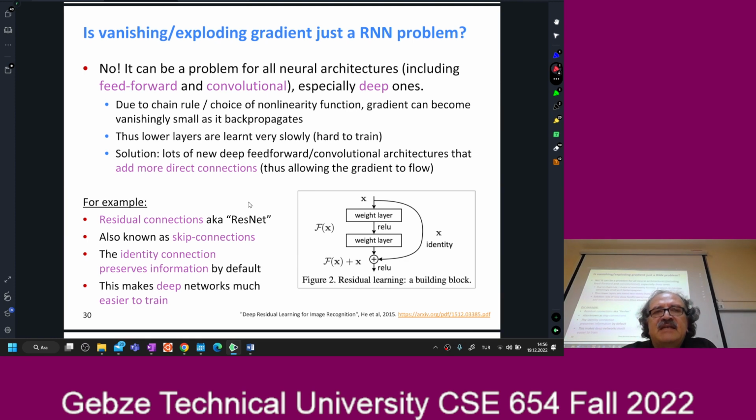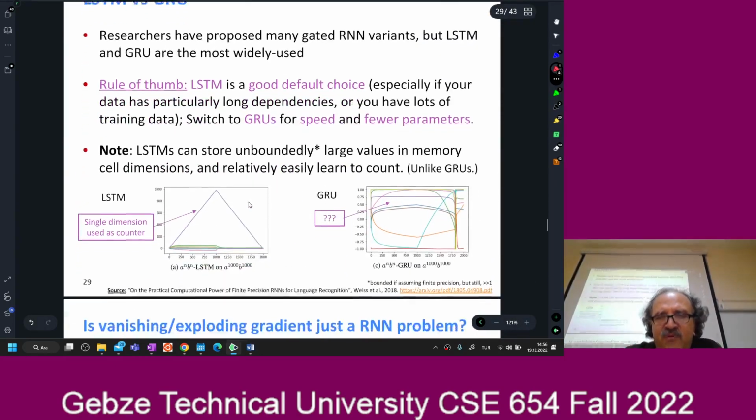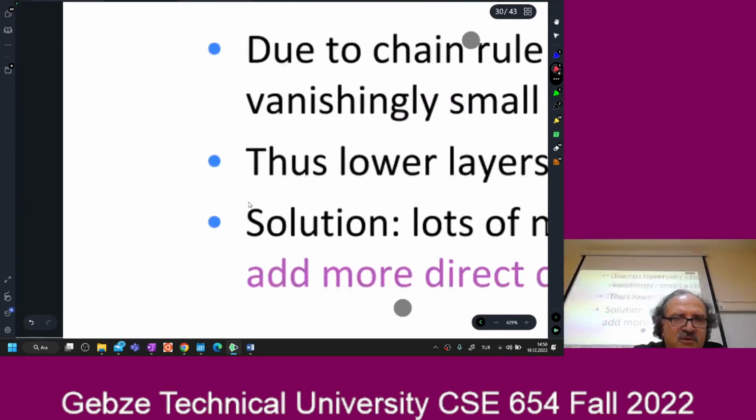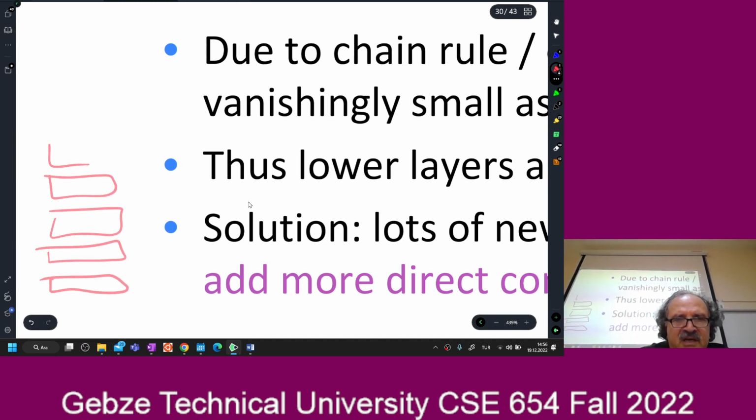So the other thing is this: I mean, is vanishing or exploding gradient just an RNN problem? No. What is deep learning? Deep learning is you have a neural network of many layers. Okay, I'm going to draw it here. Okay, if this is my input, there is a network layer, another network layer, another network layer, another network layer. Okay,